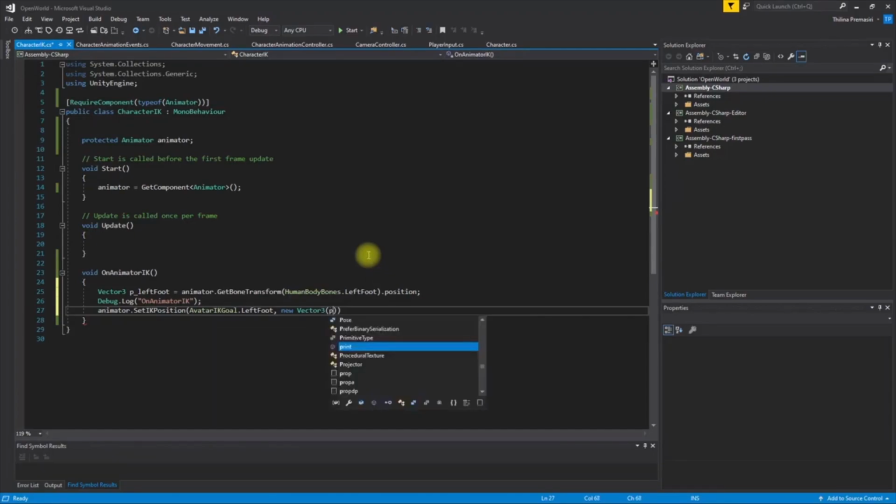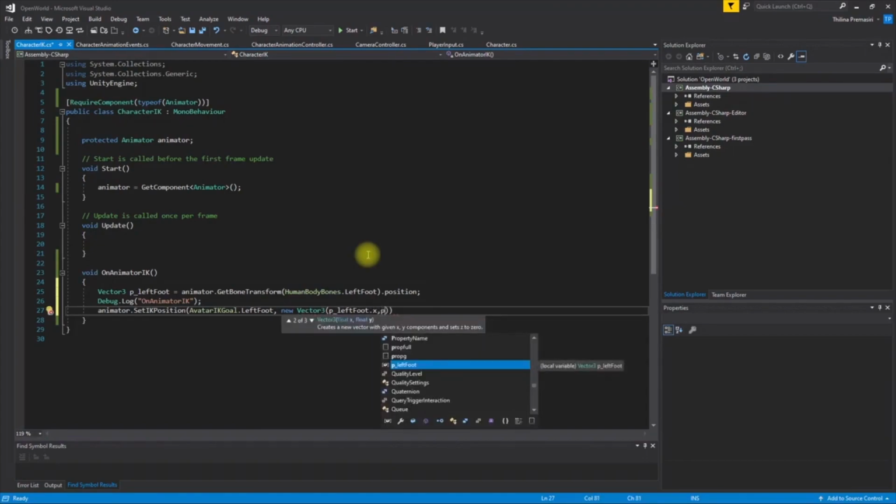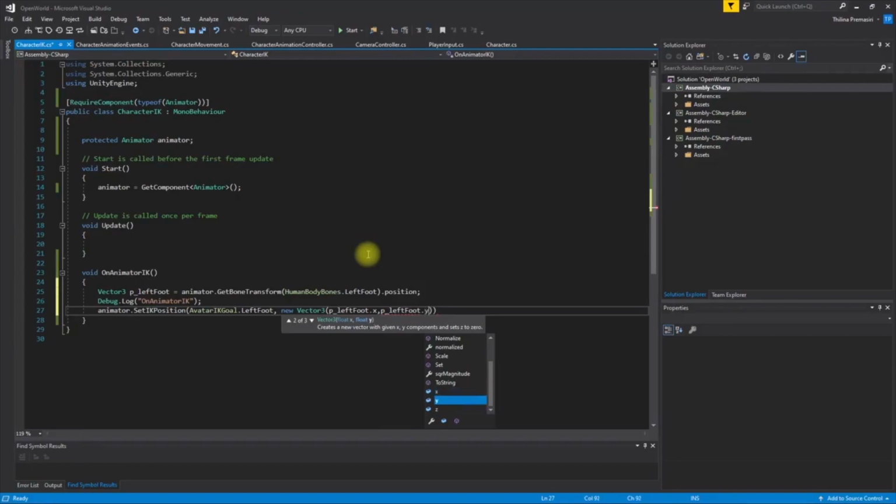Then in here pLeftFoot.x and pLeftFoot.y